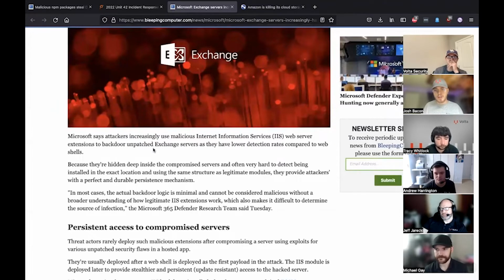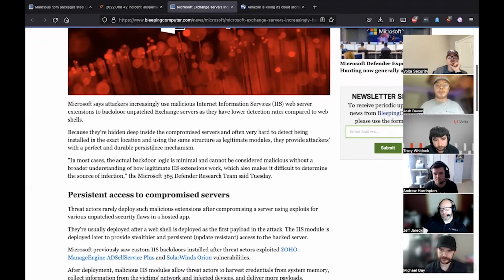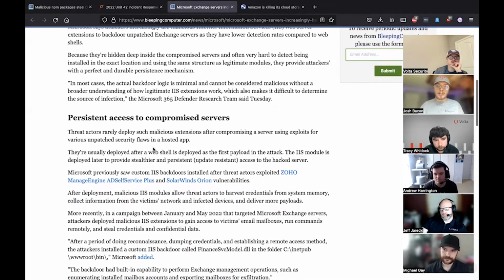You should be making sure whoever had access to that compromised server, which with the amount of exploits available for these Exchange servers, you should consider it compromised. Check who has access to this. If there is any lingering access, do your basic forensics. But what we're seeing now is that on the IIS module on the Exchange server, people are creating these malicious extensions that are sitting at another layer deeper within the Exchange server, and it's a little harder to find.